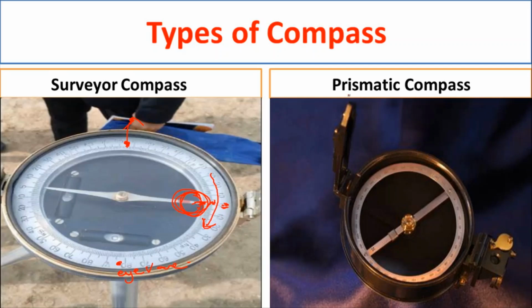But if you take the prismatic compass, suppose this is the eye vane here. Through the eye vane we will sight the object, so whatever the needle is there, that will remain like that only. Whatever the graduation circle is there, that will also not change the position, but we will sight the object like this. Then through the prism we can see whatever the reading is there here. So you can do both sighting and reading at a time here.